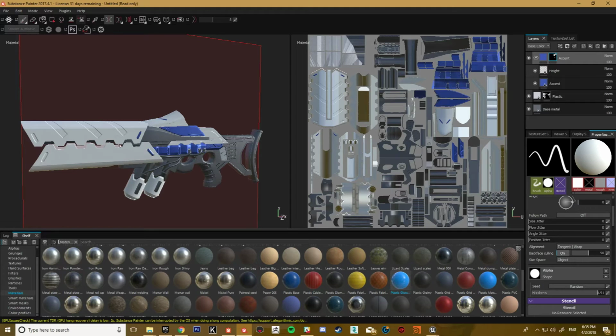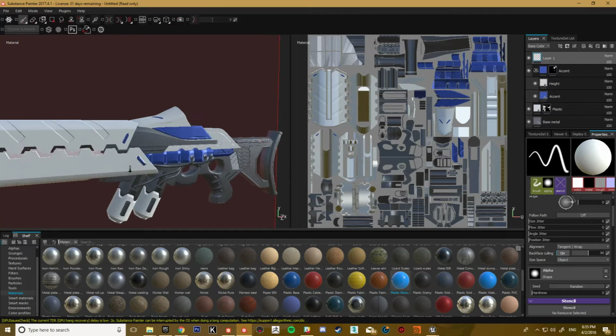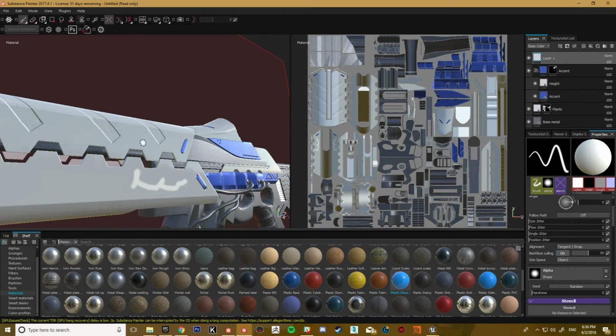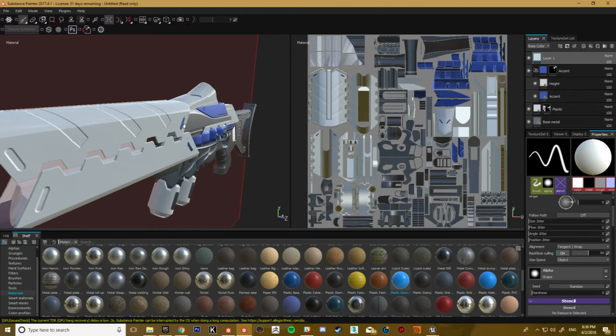But what you don't want to do is jump in with a normal layer, so everything's got to be done with fill layers. You don't want to jump in. I mean, I usually work in Painter with fill layers anyway, but if you jump in there and start painting in something like that, then that information is going to be lost because it's not non-destructive like the material layer workflow.